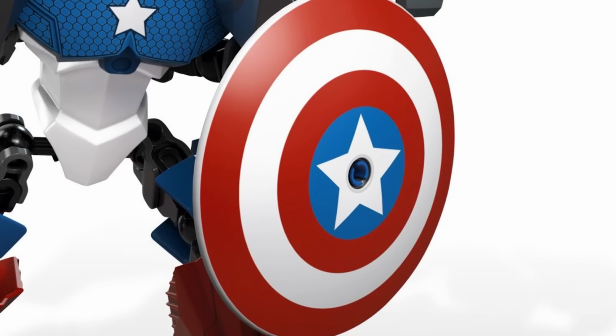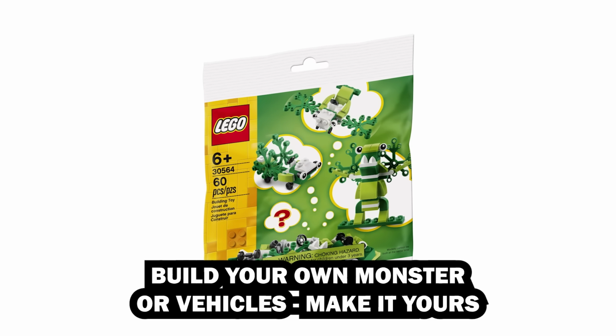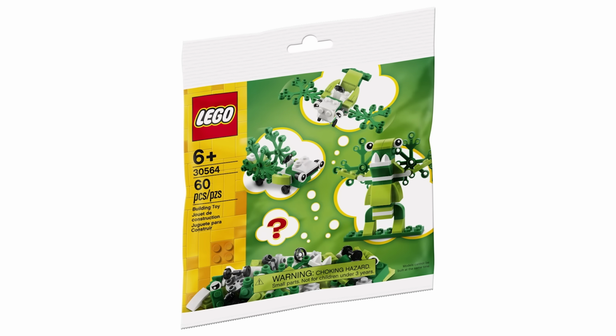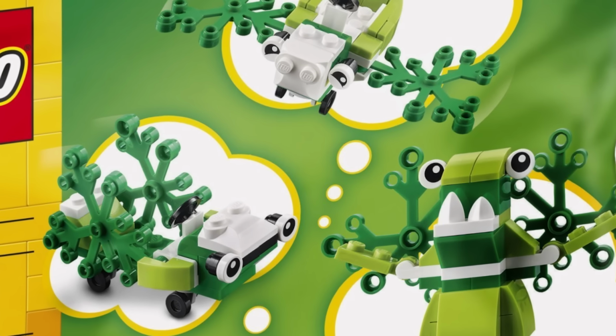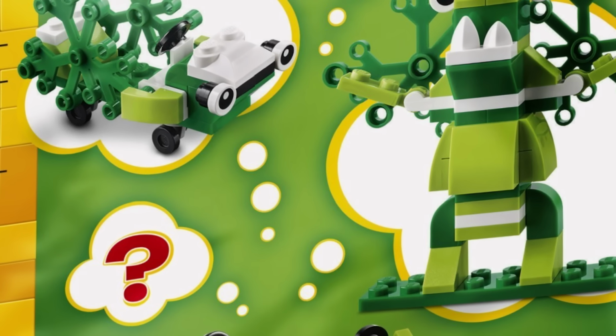Alright, let's change lanes a little bit. This set is named Build Your Own Monster or Vehicles - Make It Yours, which might be one of the longest and worst names for a LEGO product ever released. There are almost more letters in its name than bricks in the actual set. That's ridiculous. This seemingly random 60-piece set was a gift with purchase from LEGO back in September of 2021, and